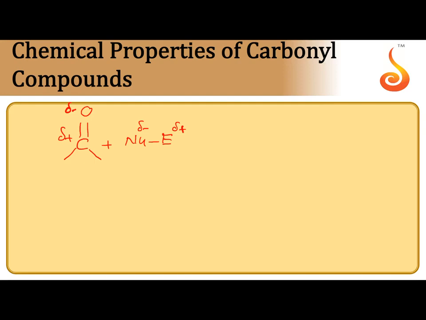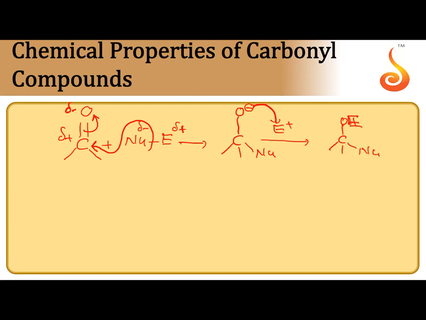Whenever a carbonyl group is involved, it is a planar molecule. Nu minus attacks at the electrophilic carbon. Carbon pushes the pi electron pair onto oxygen. A non-planar intermediate is obtained, that is, the carbon is undergoing sp3 hybridization. After the formation of the intermediate oxide ion, E plus, which is waiting for that moment only, is taken by O minus. So totally, the nucleophile is attached as well as the E plus electrophile.